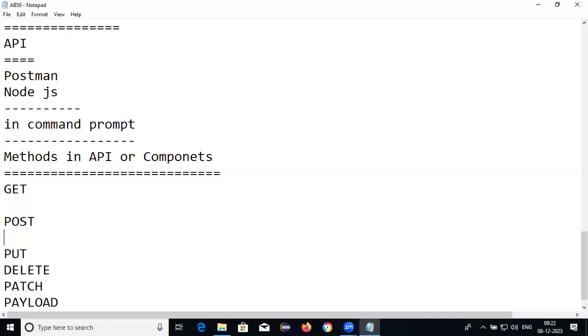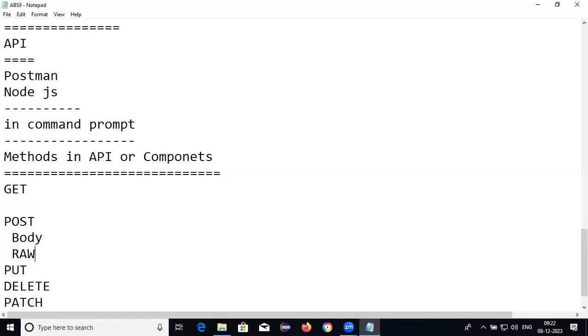For this POST, we need to select the body, and select raw.